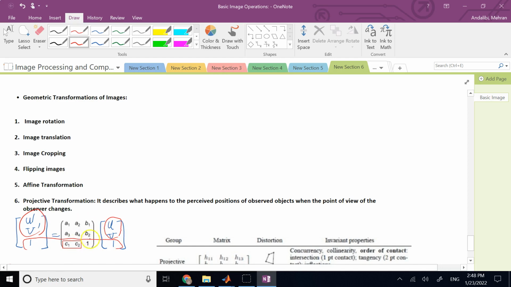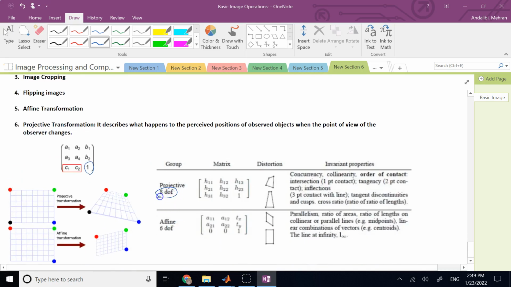So you cannot just plug in any number that you want in this matrix. In general, if your matrix is 3 by 3, you cannot simply use 9 arbitrary numbers. This number definitely ought to be a 1, and all you can really pick individually is 8 numbers. So we say this general format of the transformation has what we call 8 degrees of freedom, or 8 parameters to choose. Now, if you choose all of these 8 individually the way you like, we call it a projective